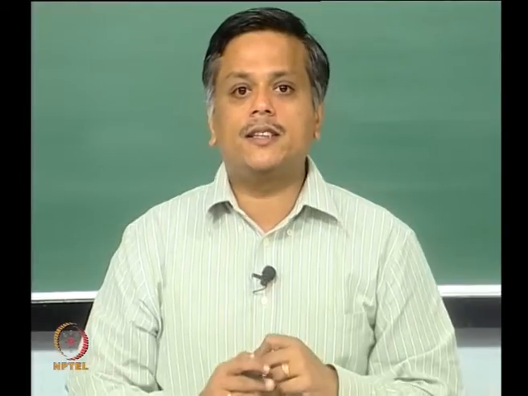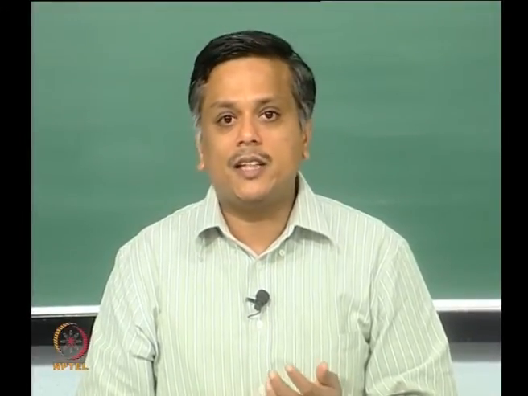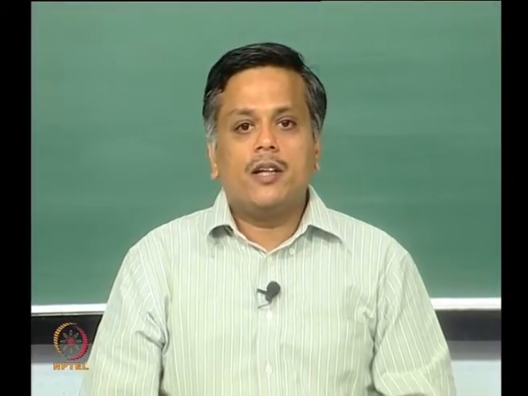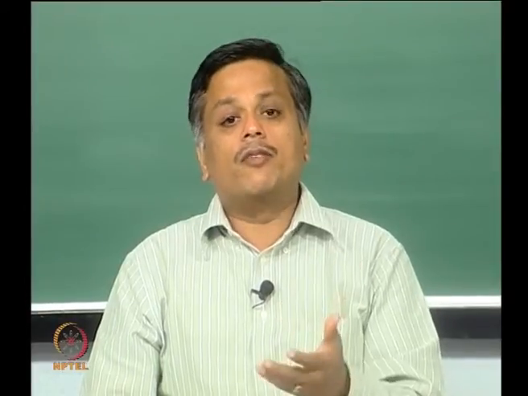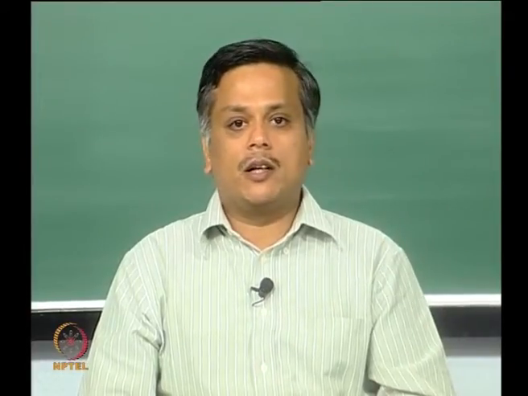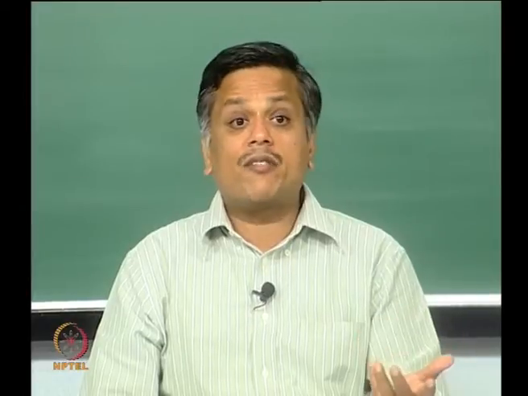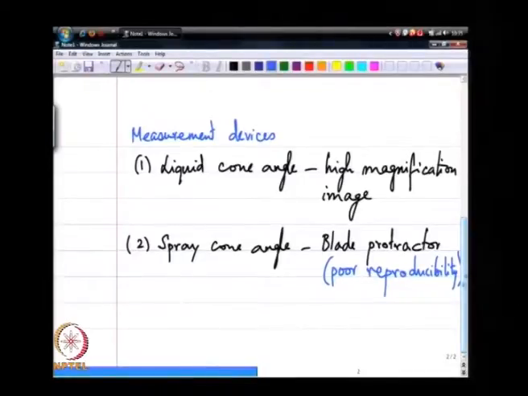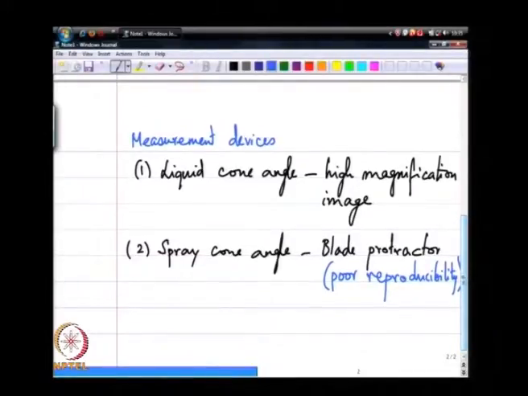So, this is a device that potentially has high repeatability, but poor reproducibility. Reproducibility is important if I want to convey my results to a fellow engineer and have him verify my findings. That is where the challenge lies with the blade protractor, but it is a very simple device, cheap, and